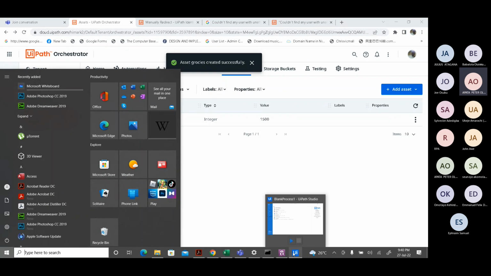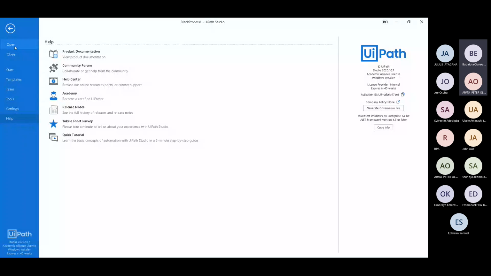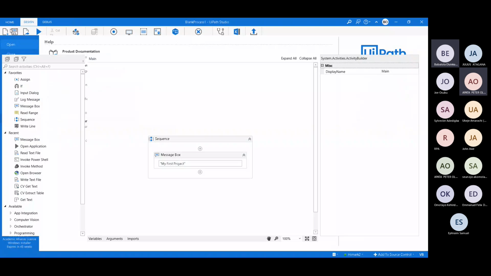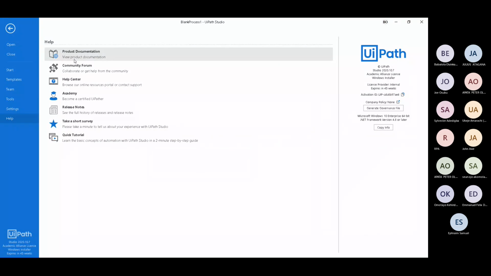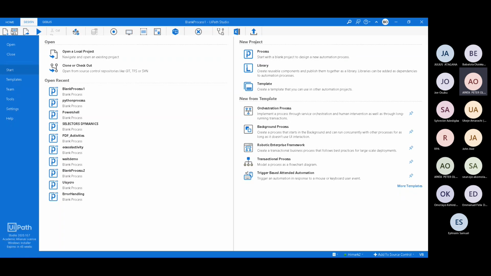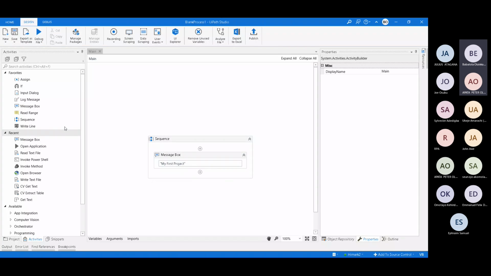How then do we use it? We'll go to our studio, to the same project we are running. Let's not create a different one.